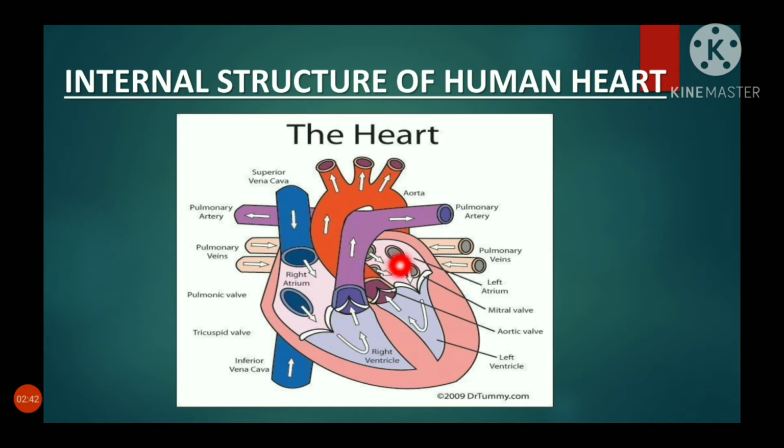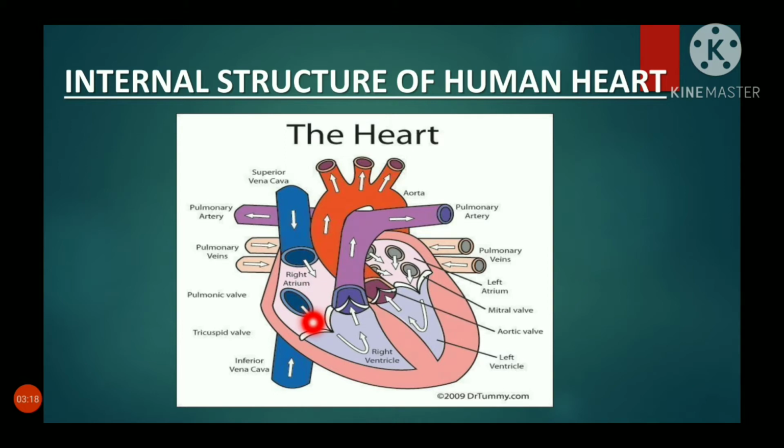The two auricles, left and right side, are separated by the interatrial septum. Inter means between, and atrial means the atrium. Septum means division. The left atrium is smaller than the right atrium. If you see the diagram, the light pink color, that is the left atrium, is smaller than the right atrium.